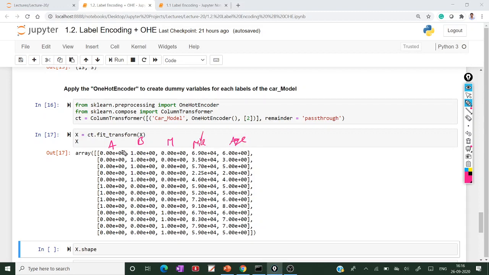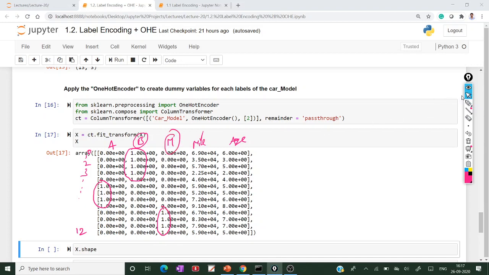Here, from index 0 to 12, the first rows are BMW, the next 4 rows belong to Audi, and the next 4 values belong to the Mercedes Benz.